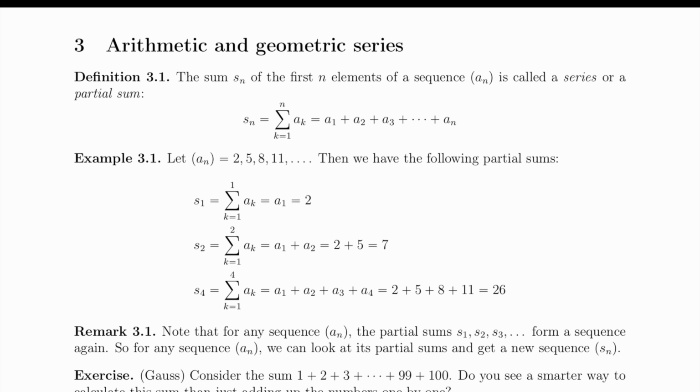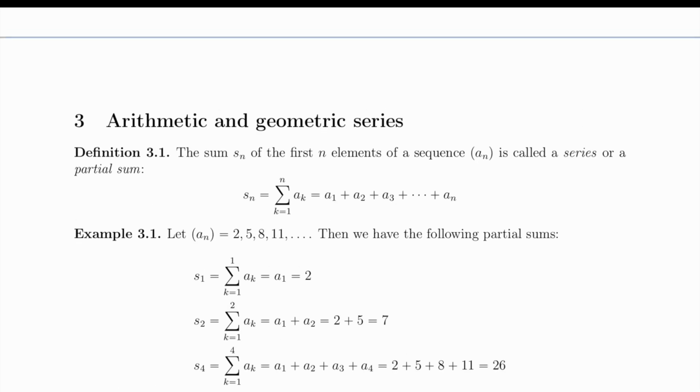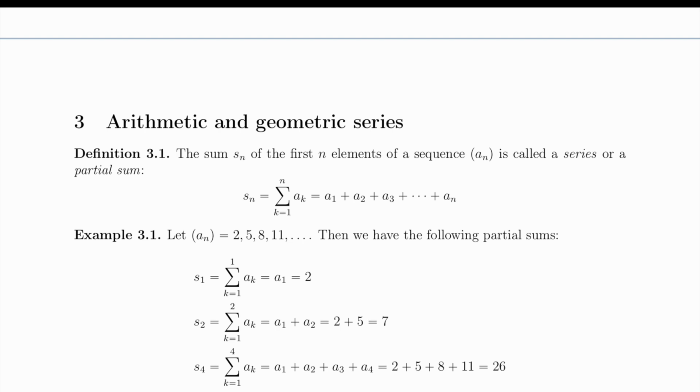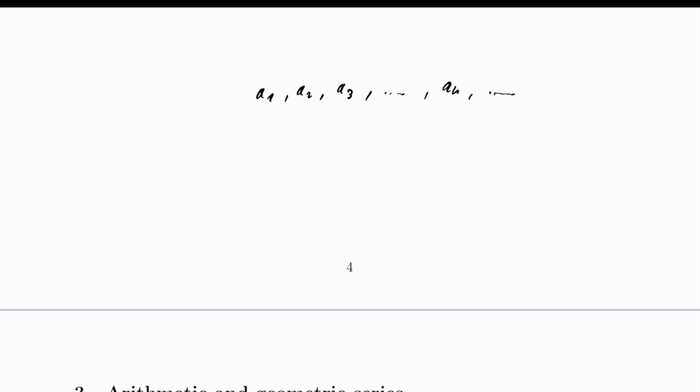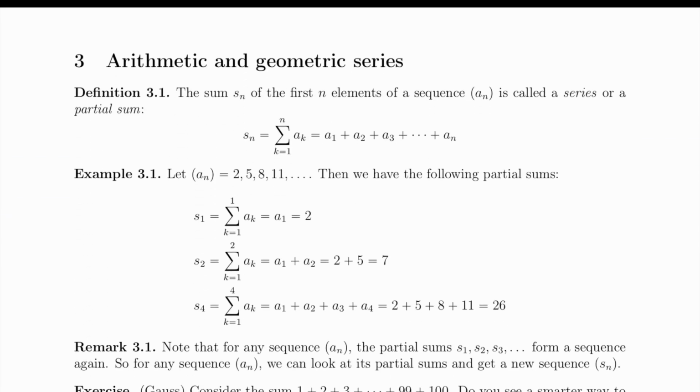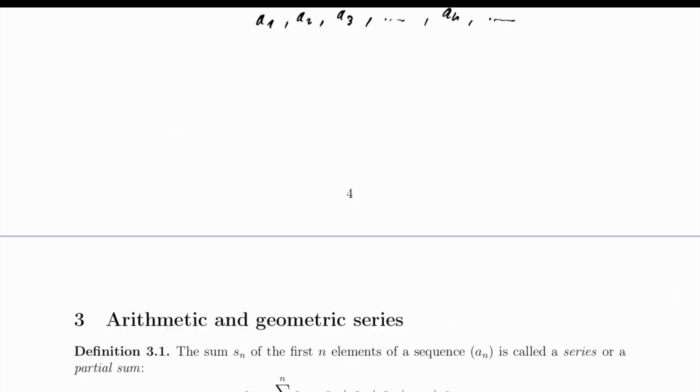Then we moved on from sequences. So previously a sequence was just A1, A2, A3 and so forth, and then somewhere maybe our general element An, but theoretically you could just go on and on and on. And now what we're basically doing